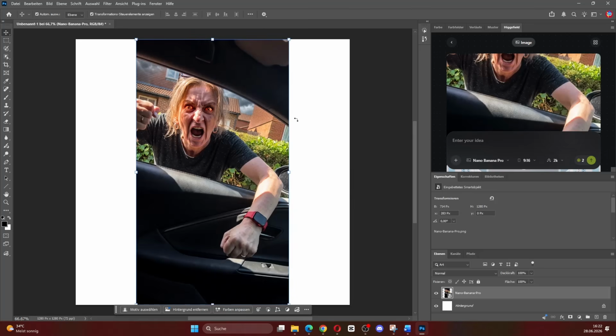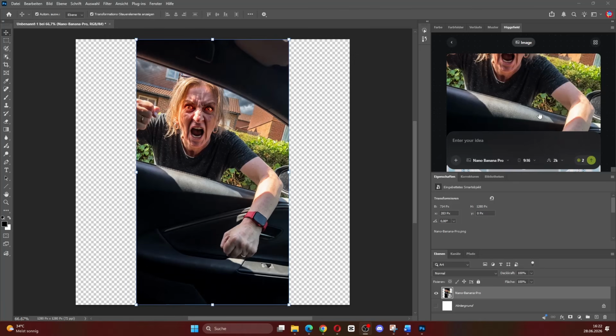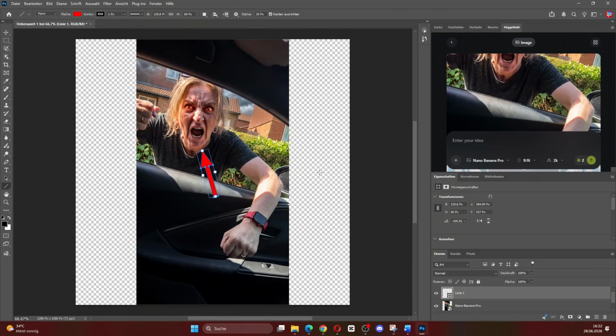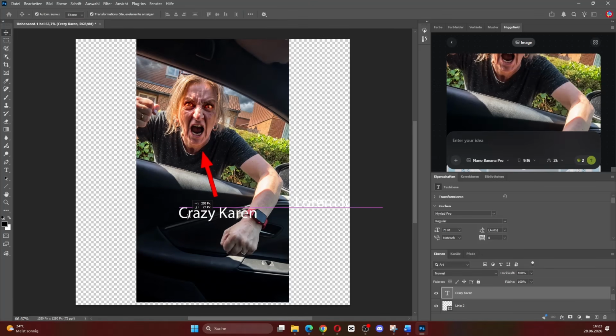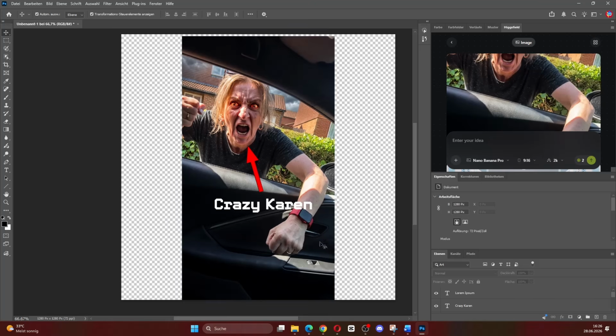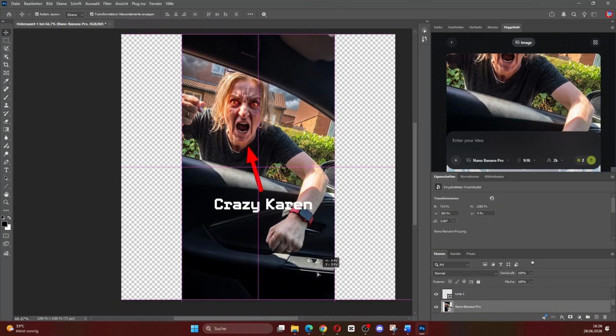As you can see, this already looks so much better. The text is gone, the woman is much more intense, the image has more emotion, and it looks more like an actual thumbnail instead of a random screenshot. And the useful thing is that we can keep working on this image directly inside Photoshop. So now we can add a simple arrow, maybe add a bit of text, adjust the contrast and make it even more clickable. And just like that, in a few seconds, we transformed a random screenshot into a usable short